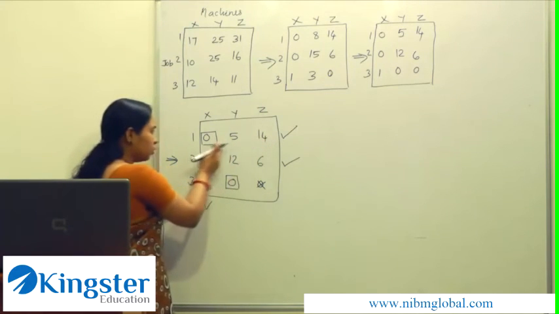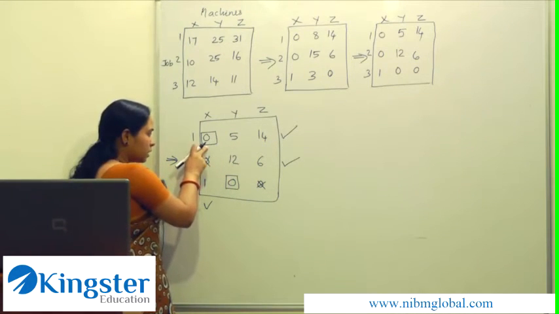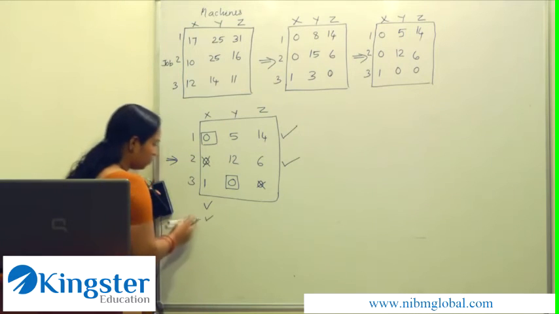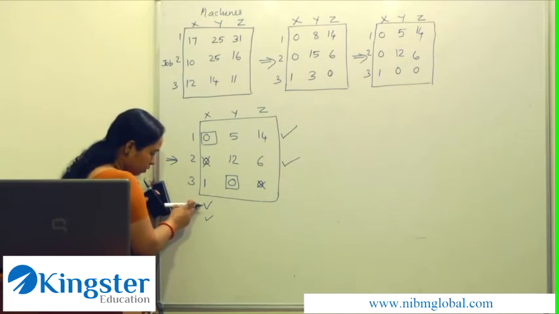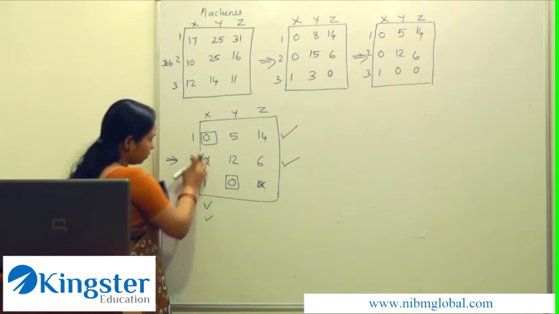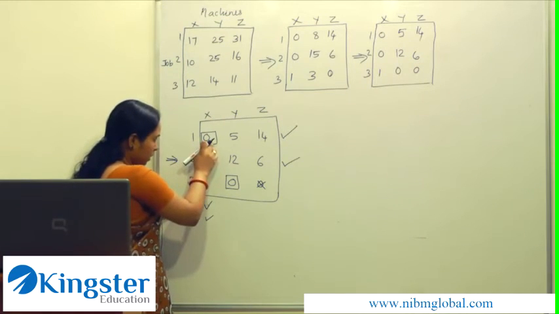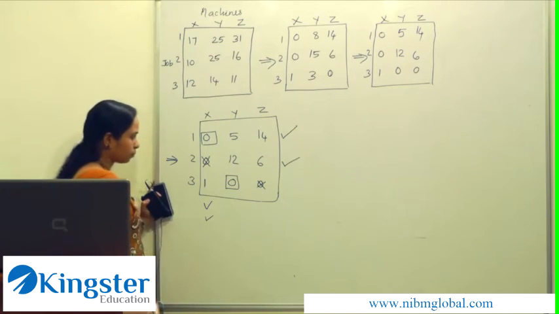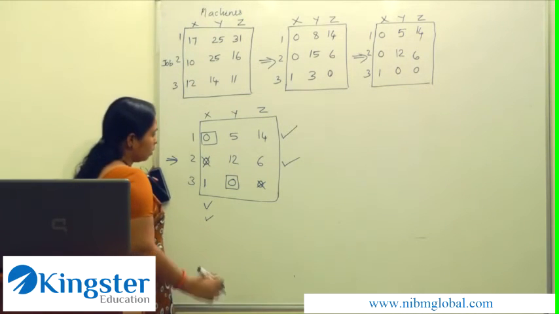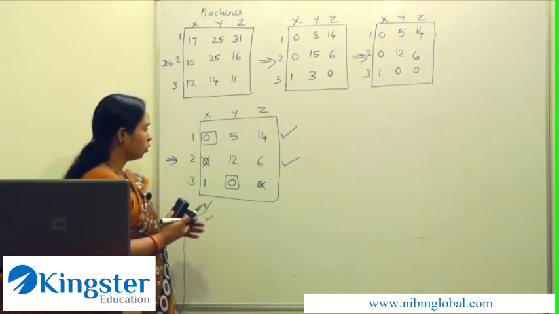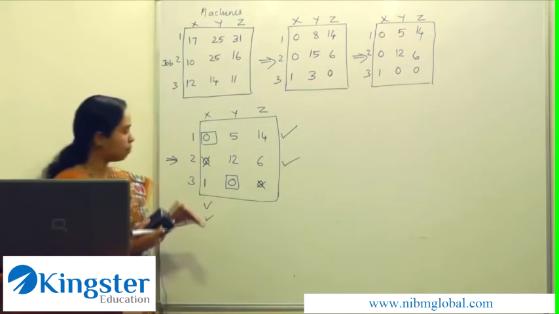Now again consider the newly ticked row and consider the zeros in that row, and the corresponding column should be marked. Now we came to the same column, that is the first column. We have already made an assignment here, and this row is already ticked. So the procedure is over. Now we should draw the minimum number of lines through unmarked rows and marked columns.